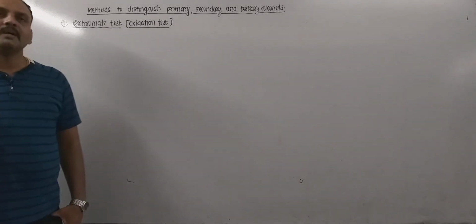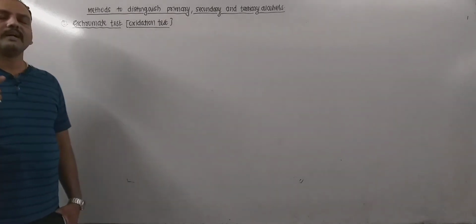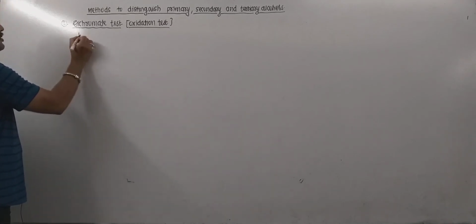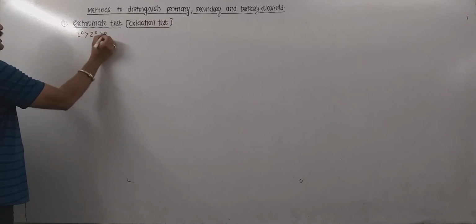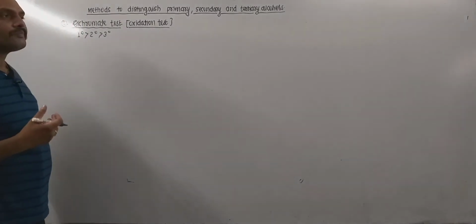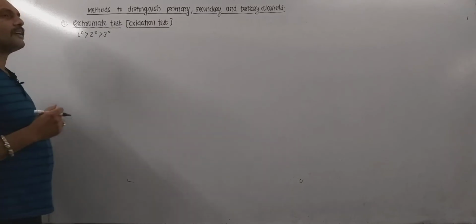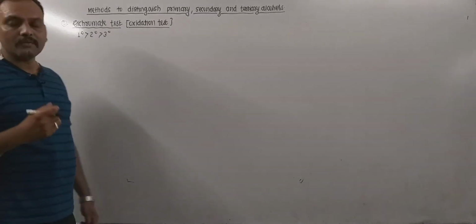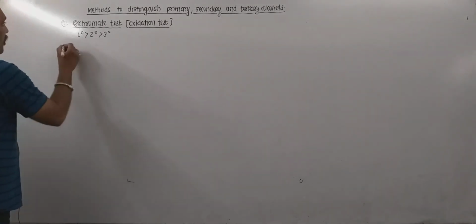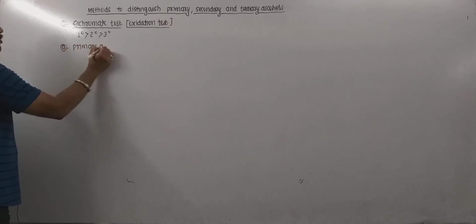When we oxidize primary, secondary and tertiary alcohol, the ultimate distinction comes. And remember, the order of reactivity of alcohol for oxidation is 1 degree, 2 degree, 3 degree. It means that primary alcohols can be oxidized readily, and it is quite difficult to oxidize secondary when compared with primary, and tertiary alcohols are highly difficult to get oxidized. Now let's see the response, I mean how to distinguish. So first of all, primary alcohol.